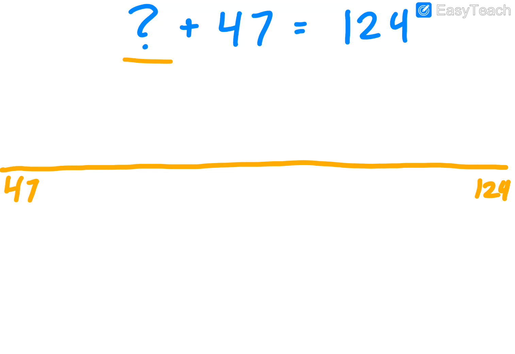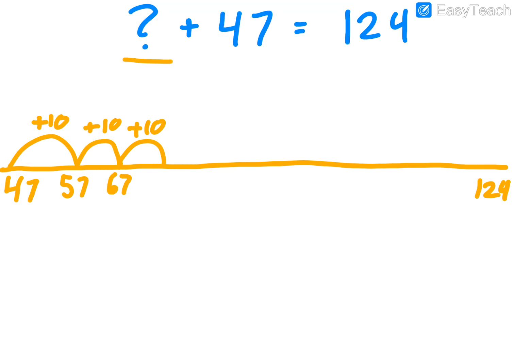Just like all the other times when we add, we're going to start with our hundreds, then our tens, then our ones. I'm going to decide if I need to add 100 to 47 to get close to 124. Well, I know if I add 100 to 47, it equals 147, and that's a little bit more than 124. So instead of doing hundreds, I'm going to start with tens. So I'm going to do 47 plus 10. That's going to be 57, plus 10, that's going to be 67, plus 10,